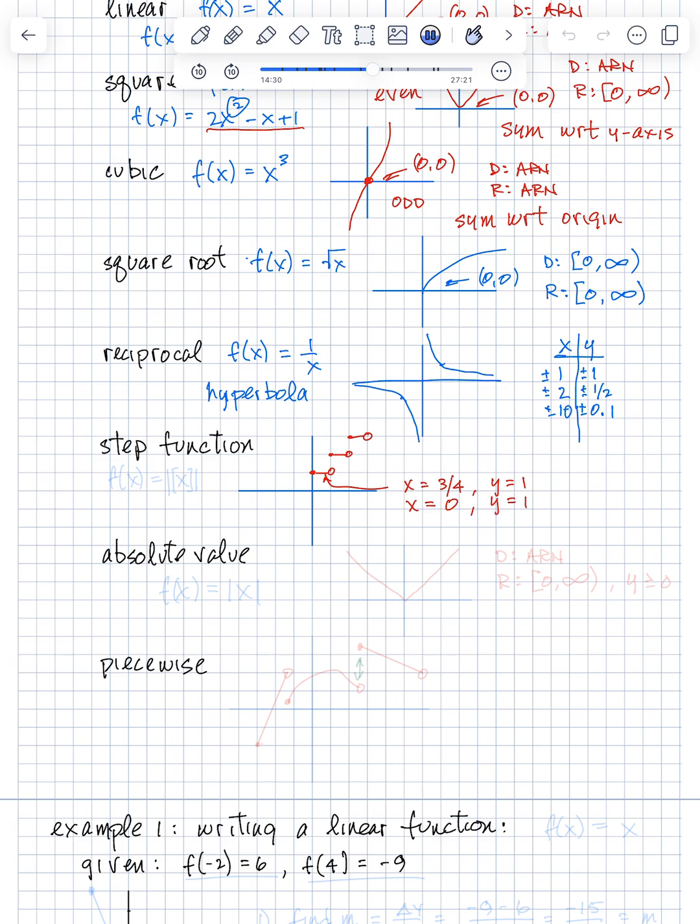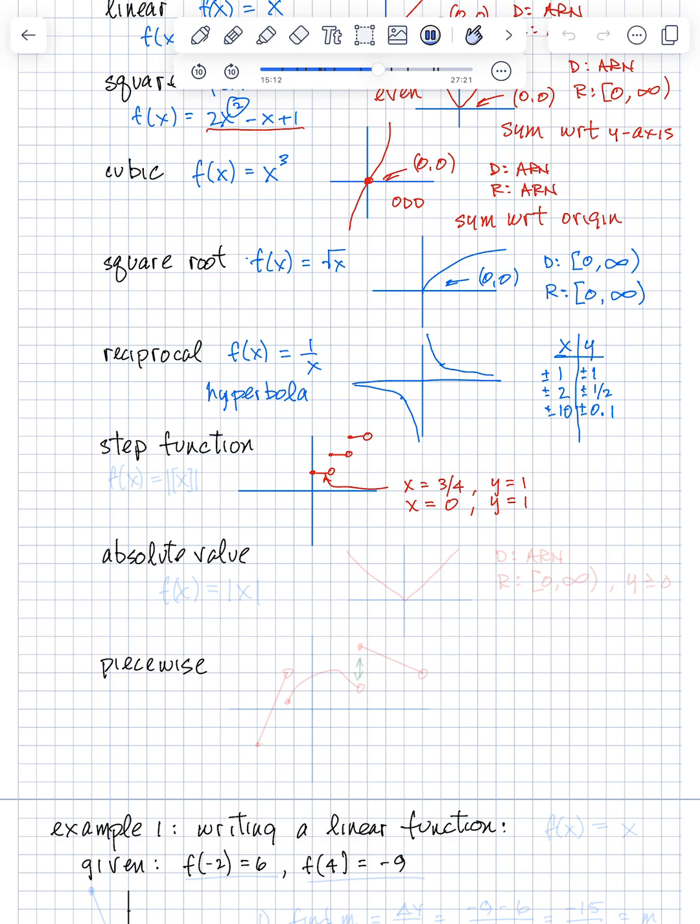Y doesn't become equal to 2 until the value of x steps up to 2. X could be 1.99999, a little close to 2, but the value of y is still going to be 1. It doesn't change until x actually jumps up to the value 2, and then y becomes 2. And it'll stay 2 until x becomes 3, and then y is 3. So that's called a step function. Again, not all that useful in precalculus, but we'll see it every once in a while when we're doing some